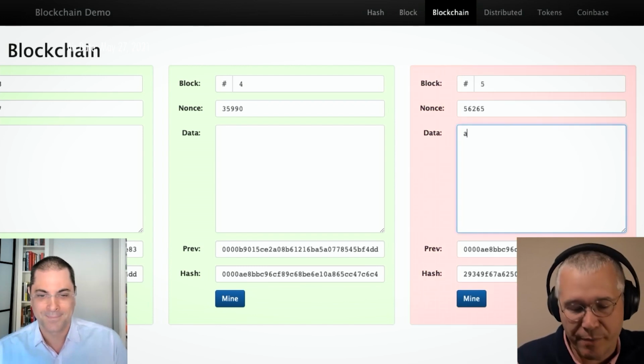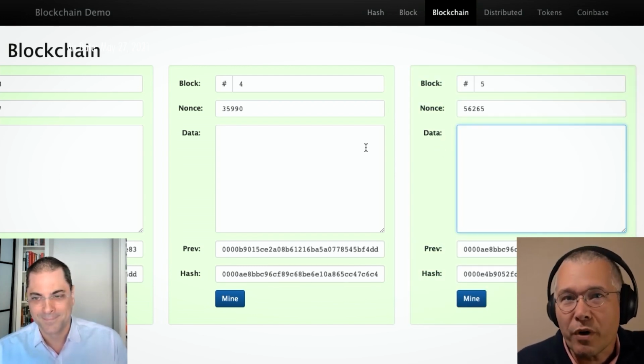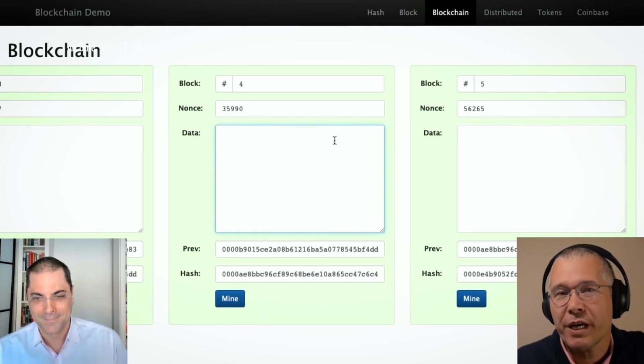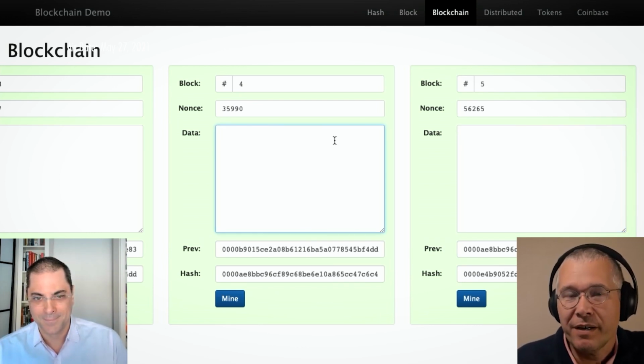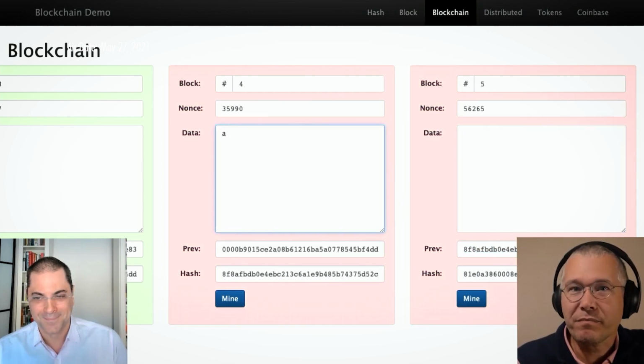If I change something here, it's going to break this block, right? But what were to happen if I were to change something here? It's going to change this hash, right? But that gets copied up to here. So we're going to have 2 broken blocks, right? Sure enough, that's what happens. So